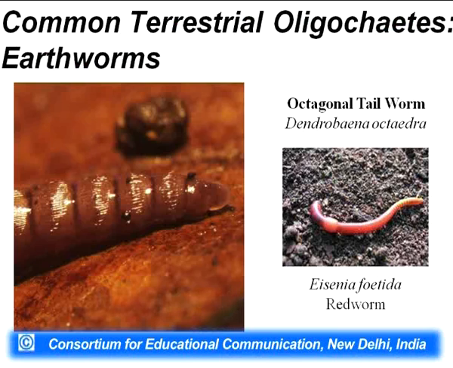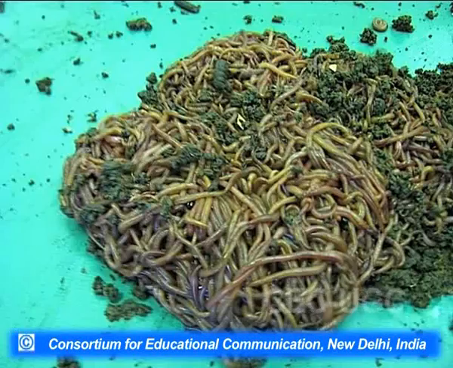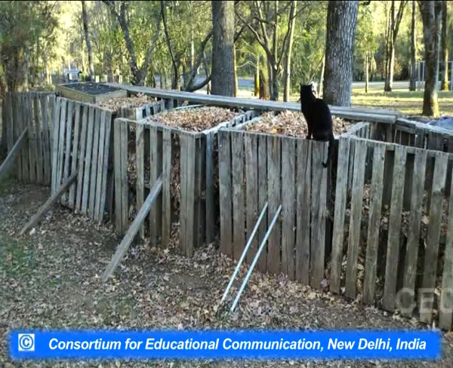These are some of the examples of the terrestrial oligochaetes. One variety of the earthworms is called the red worm, and the scientific name for this is Eisenia. These days, these Eisenia or the red worms are being utilized in a process which is called vermicomposting. So, vermicomposting is very popular these days as a method of solid waste management or the management of the